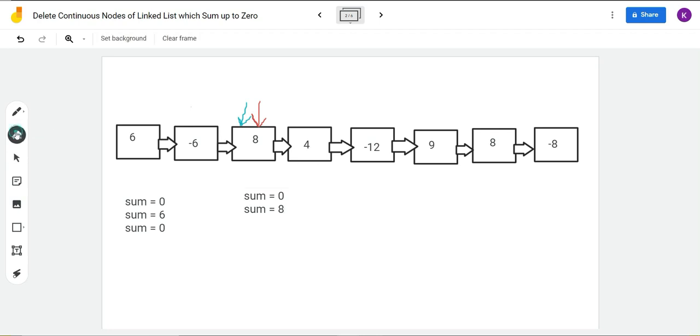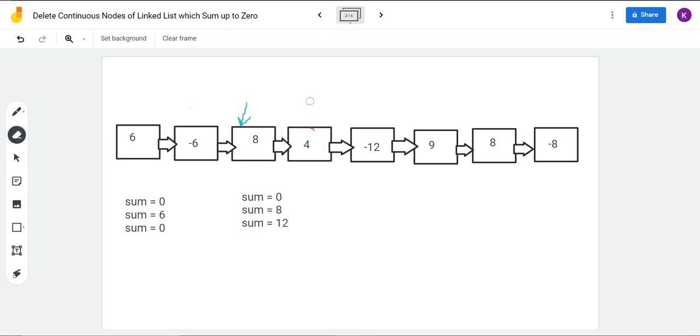Now we'll move again to the next node by writing current is equal to current next. Here the sum gets updated. The sum becomes 8 plus 4. The sum becomes 12. As the sum is 12, it is not equal to 0.